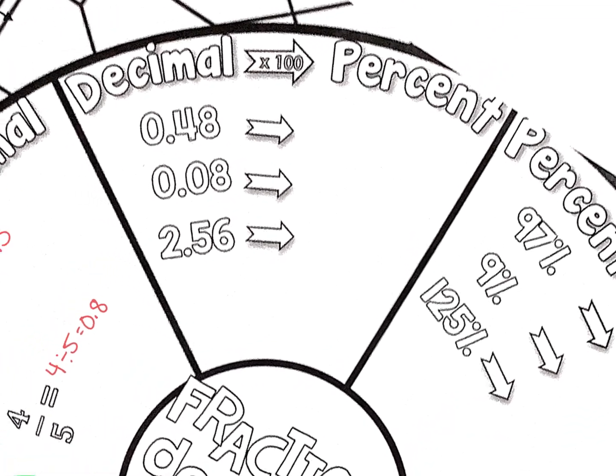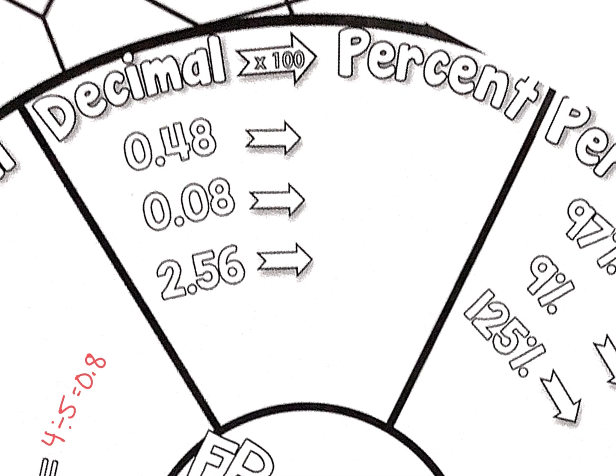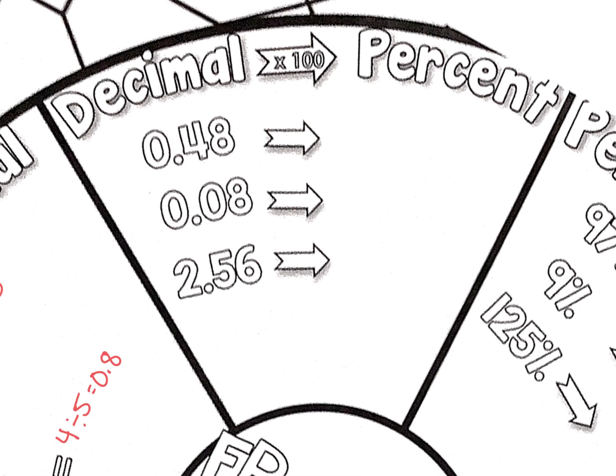Now we're going to start looking at how do we change a decimal to a percent. So a decimal to a percent is really just taking that decimal and multiplying it by 100. Because as we've talked about in class, percents are always per 100. So we're really looking at what is this decimal out of 100. So I'm going to take 48 hundredths and multiply it by 100. You could use a calculator. And this ends up being